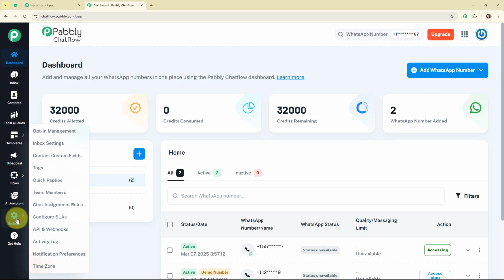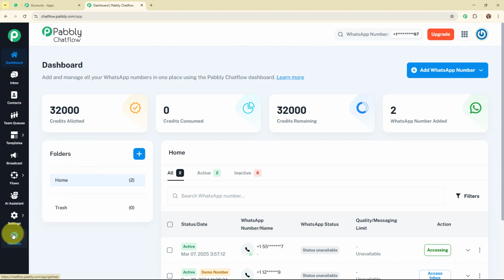Then comes the settings, and here under settings, you can see some amazing features as well. So if you wish to learn about these features in detail, then you can check out the video dedicated to this specific feature. Then comes the get help option. So by using this particular option, you can get a response to all your queries regarding Pabbly Chatflow. Alright, so this was all about the Pabbly Chatflow's features, and now here to create a new WhatsApp chatbot for